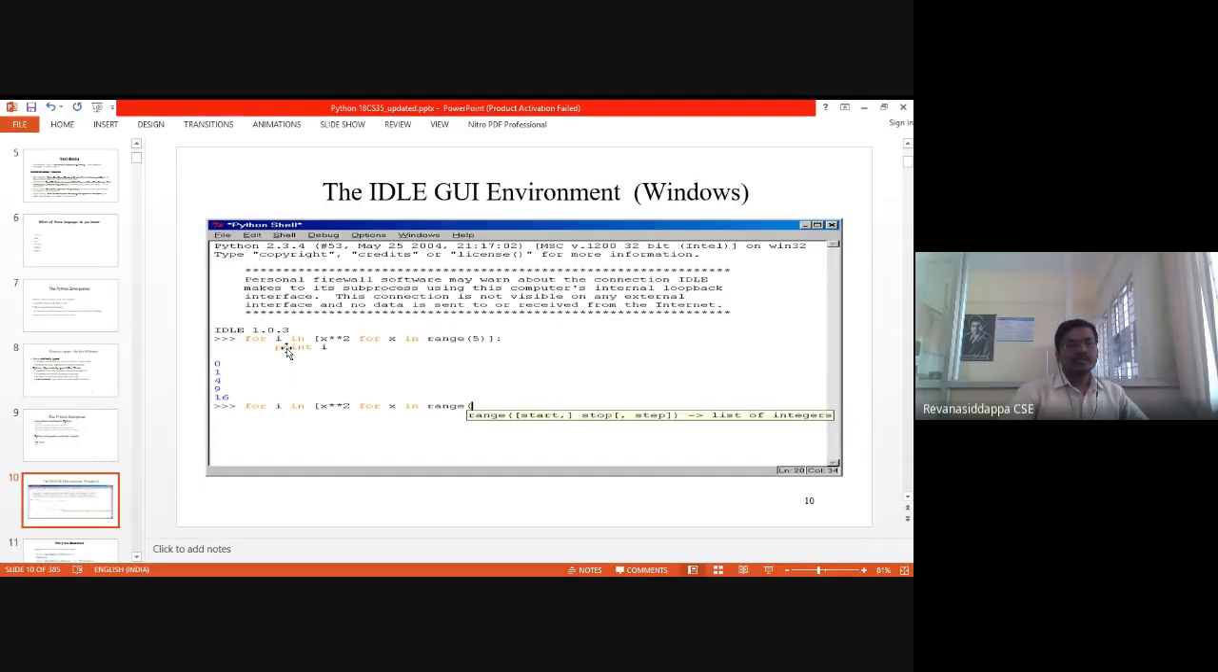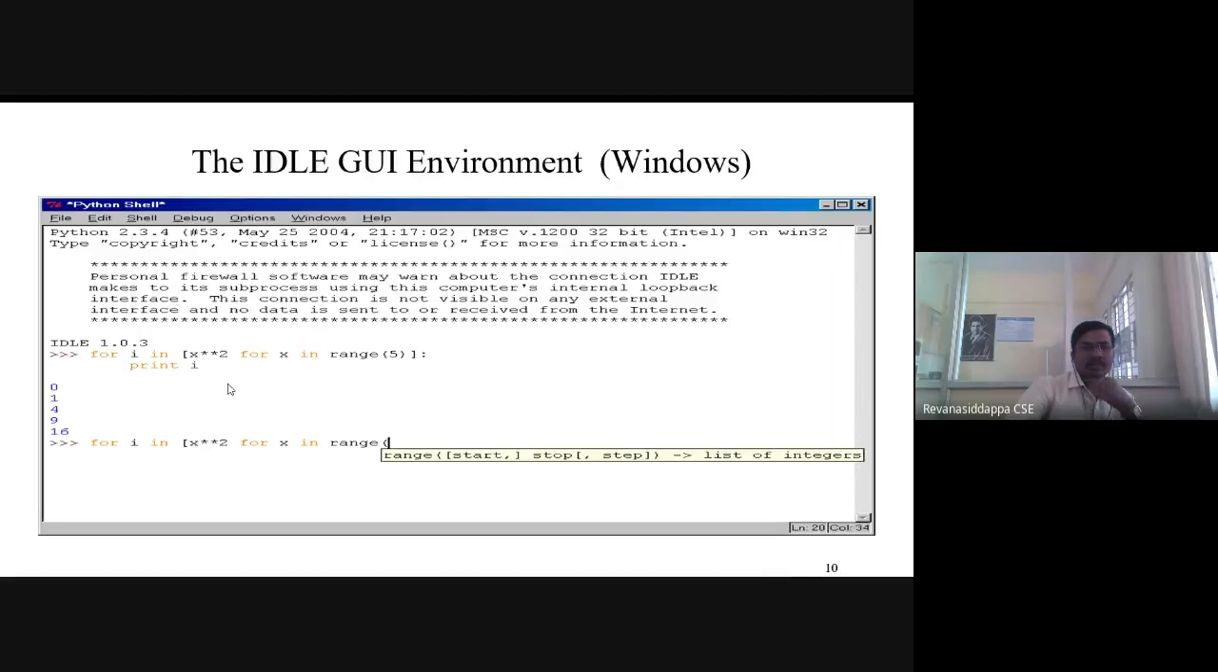Right? So for i in, right? This is how you are going to write the for loop in Python. In C you will be using a for loop as for, open the bracket, i equal to 0, semicolon, i less than n, semicolon, i plus plus. That's the syntax which you have used in C. But here if you want to write a for loop, for i in, then within the bracket x